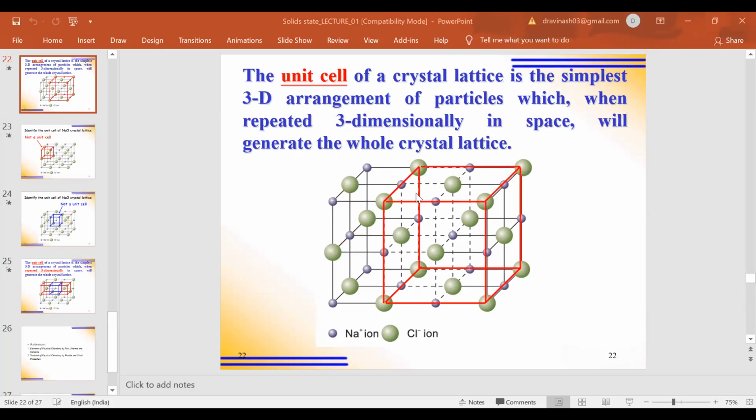So unit cell means what? This is the unit cell. Here is the chlorine, here is the chlorine, all the corners having the chlorine. So this is called the unit cell. So unit cell in a crystal lattice is the simplest 3D arrangement of the particles which, when repeated three-dimensionally in space,